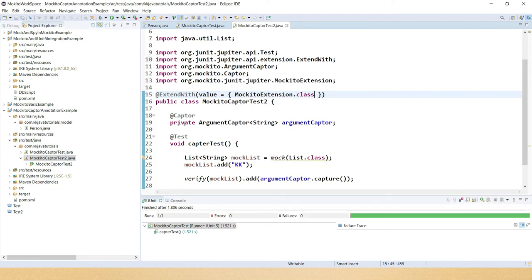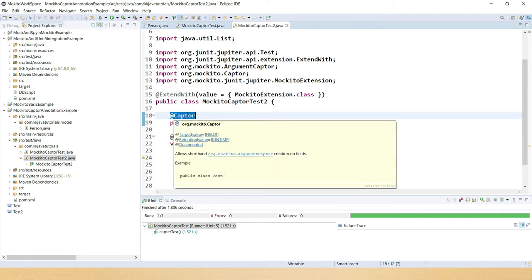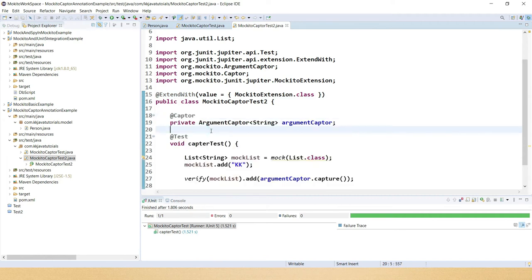There is also another way to enable this @Captor. There is a class called MockitoAnnotations, and MockitoAnnotations has an openMocks method that you can call either within this test method, or you can write a lifecycle method in JUnit 5, like setup, annotate it with @BeforeAll, and there you can enable annotations in Mockito, right?